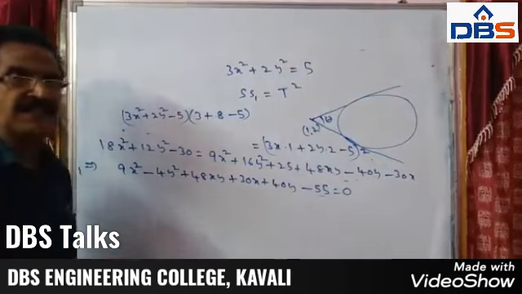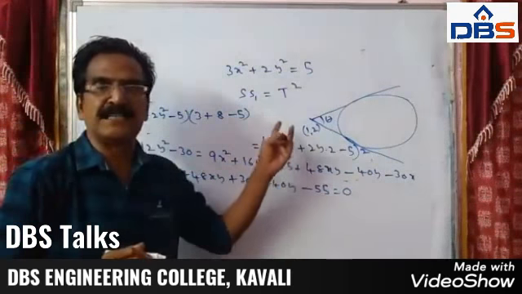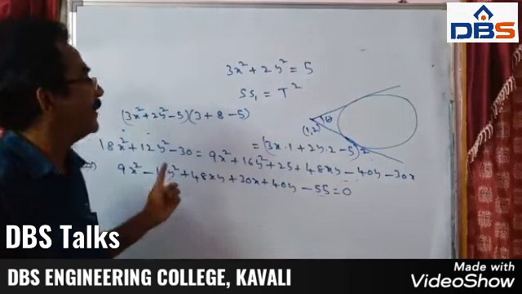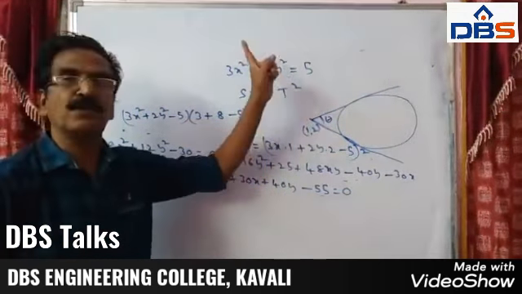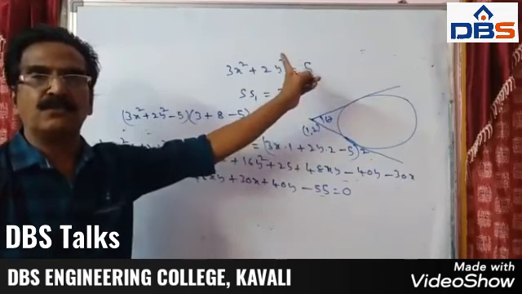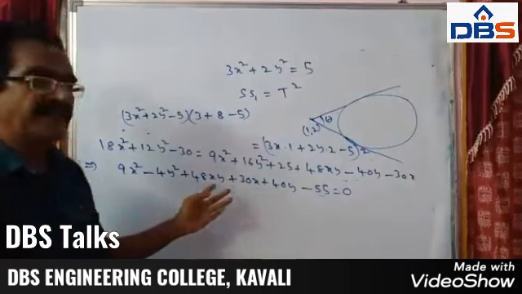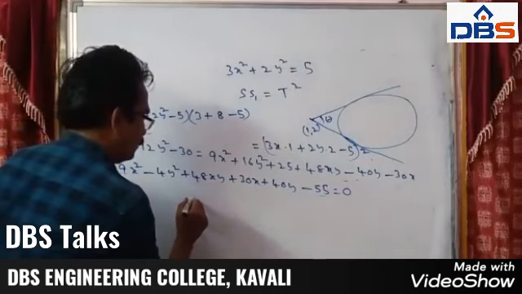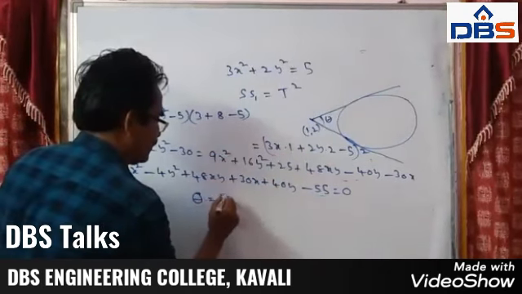This is the equation of the pair of straight lines, the pair of tangents. Sometimes this question may also be asked as pair of tangents. Pair of tangents: SS1 is equal to T square. So after getting the pair of tangents, theta is equal to tan inverse